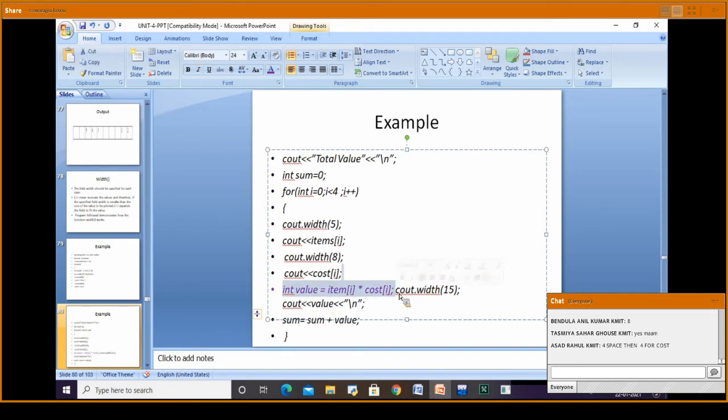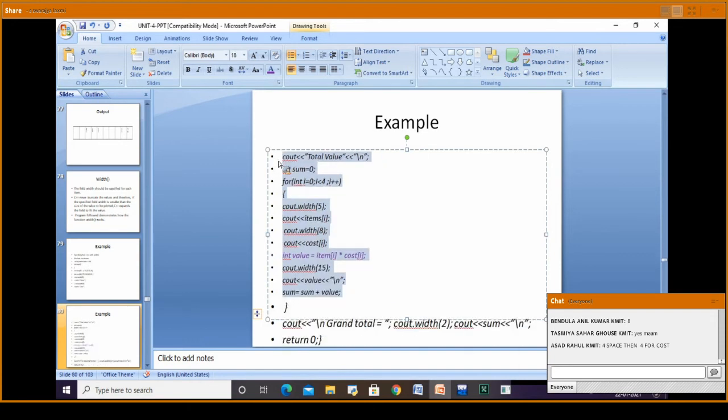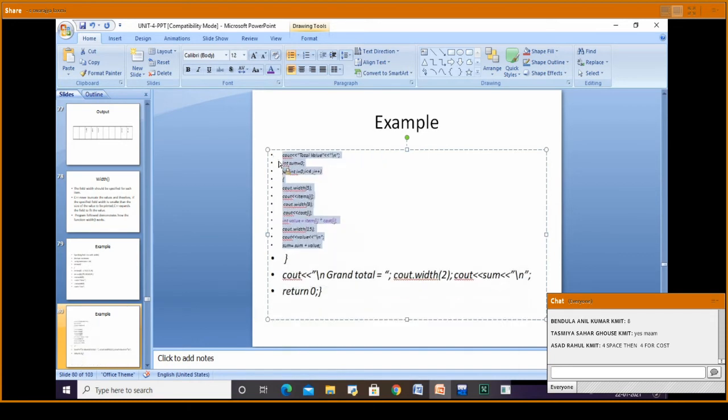Then once again I am saying here cout dot width of value. So in that 15 width, I want to have the value printed.